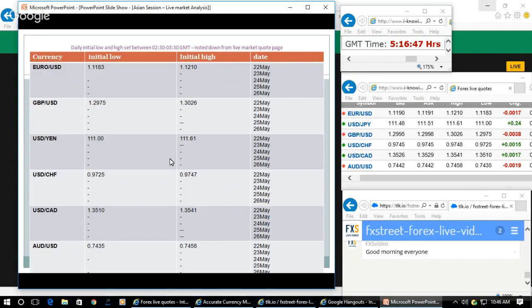So in all the pairs excepting USD CHF, they have not breached the low or the high, indicating that the traders are expecting the trend to be set before making a commitment. And you know pretty well, the players create the market sentiment and induce the traders to commit positions and make the opposite move to trap and earn money from them.